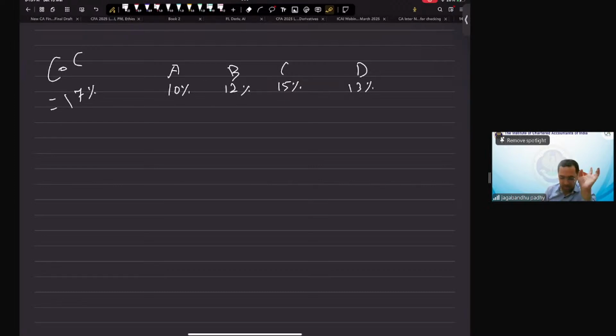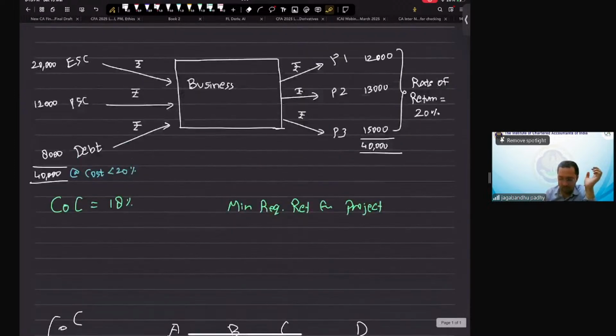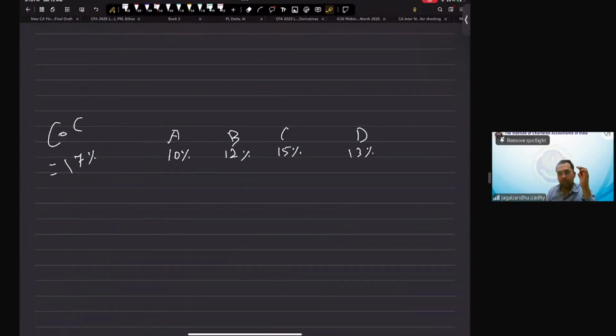So the essential part is first we need to fix what is our cost of capital, and then we need to evaluate which are the projects that are suitable for us. Are we good, everyone? Have you understood what is the significance of calculating cost of capital? Yeah. So let's go for understanding how do we calculate the cost of capital.